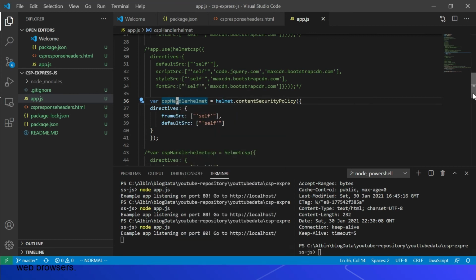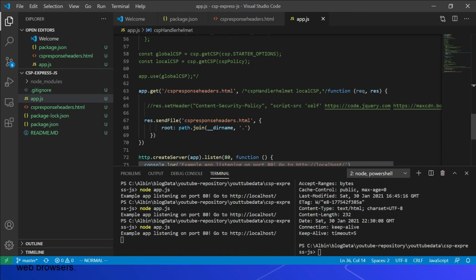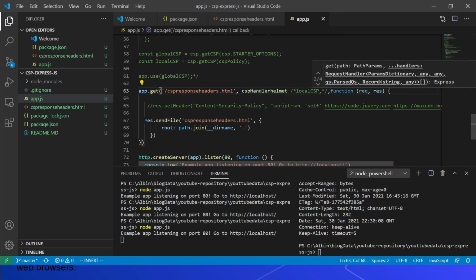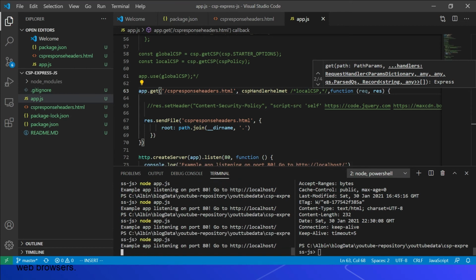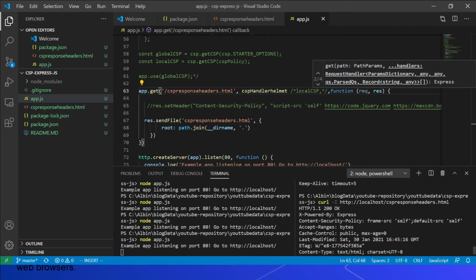Okay, that's fine. If I come here, this is my service. I am enabling this specific one. Now let me restart the server. Fine. If I test it, you can see frameSrc self, defaultSrc self. So here we are overriding for the specific route. Otherwise, the global one will be applied, but here we override.